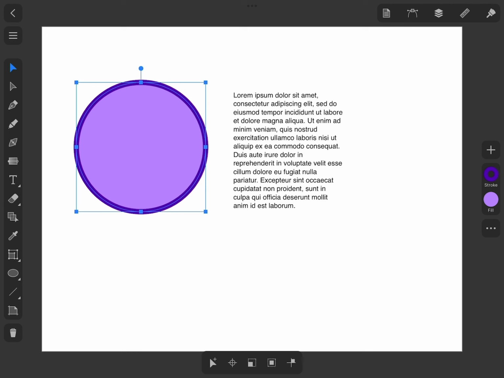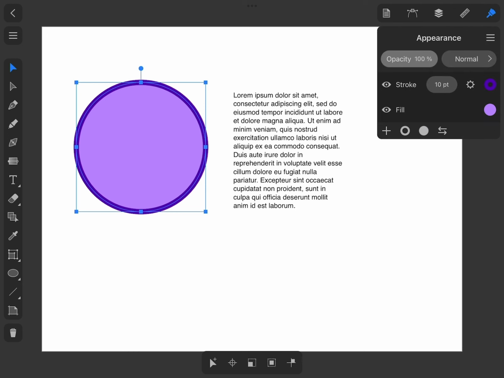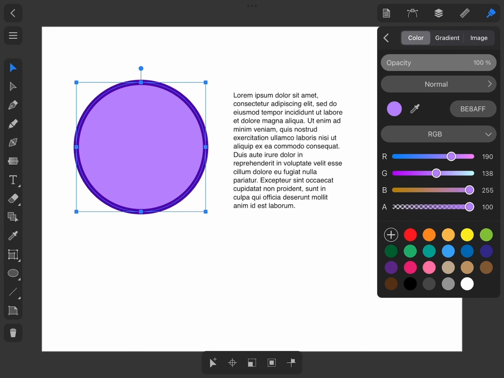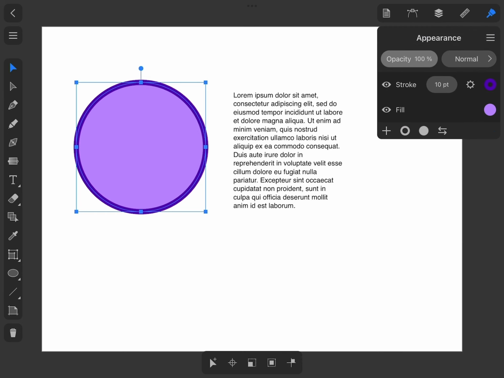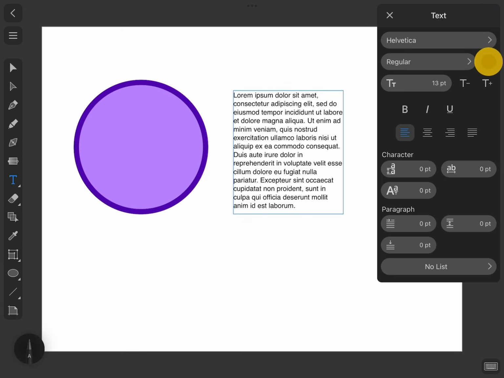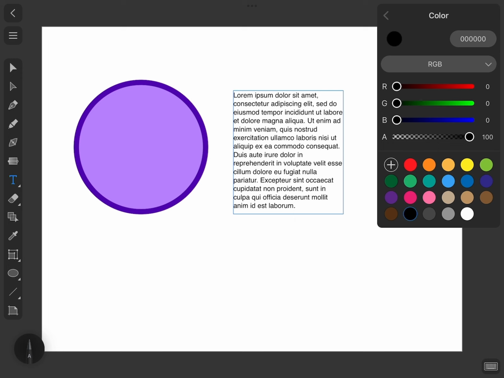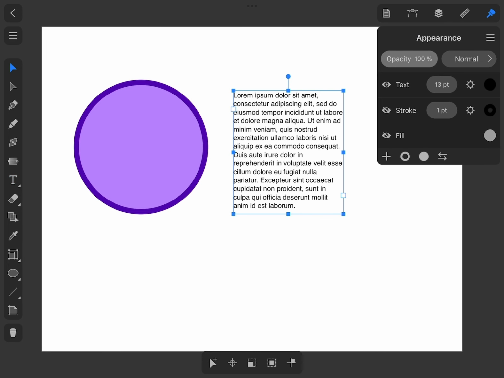Most of the object types in Amadine have at least one color that you can change. When this is possible, the app displays a color button. For example, a default shape has one stroke and one fill color in the Appearance panel. Text objects let you change the color in the control bar and in the Appearance panel.